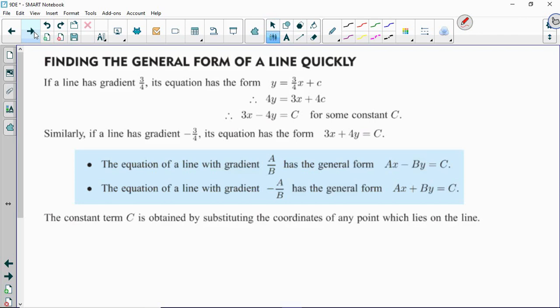If we know that the equation has a gradient of a over b, then its general form is going to look like this. It's going to be ax minus by equals c. And that should be obvious if you think about writing it in slope-intercept form. We're going to have to bring the by term over to the other side, and then divide by b. So we'd have positive a divided by positive b as our slope. And likewise, if our equation was negative a over b, then we're going to have ax plus by equaling